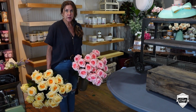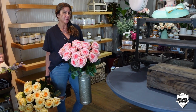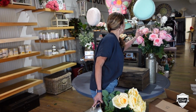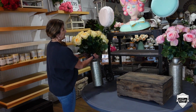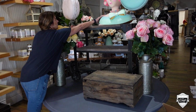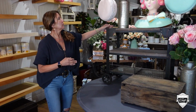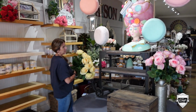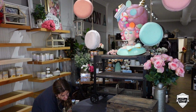We are going to continue on doing the architecture. I consider, even though these are still for sale, because they're so tall, they're still part of the architecture. So we're going to do one. I just love how big the fat roses are. And I don't want to flank it. So maybe move her over. That feels a little too tall. So what I might do is fold these guys down and put them into a lower, but for right now what we're going to do is